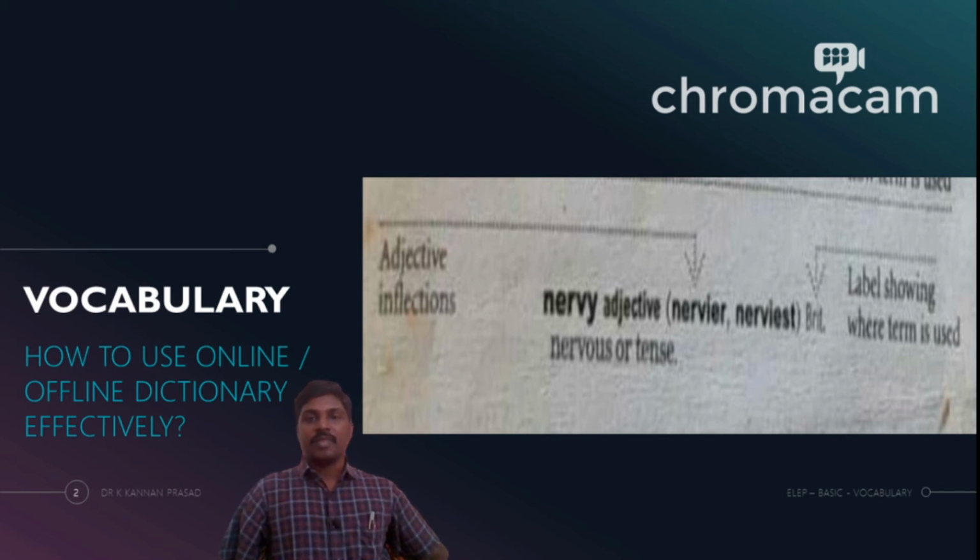Now you could see here that the example I gave you in the last one is back again here, Brit, right? So nervy is mostly a variant where it is being used. British people are the ones who use the term nervy so often, and only in the way the British people speak could you see the word nervy being used so often.